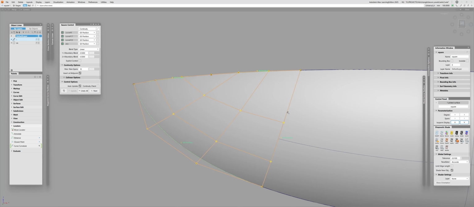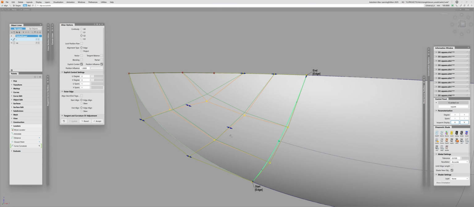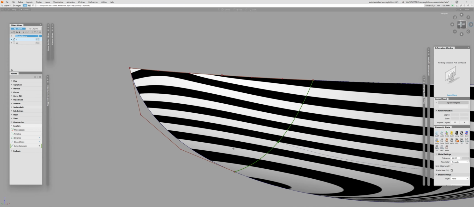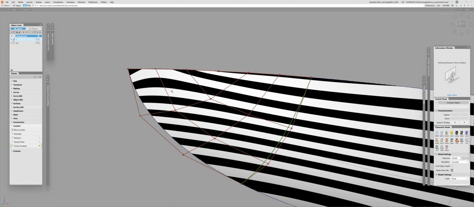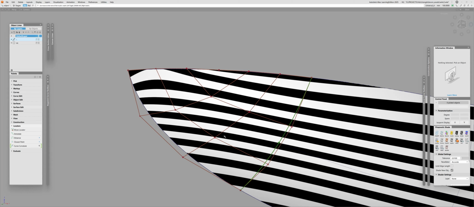I will create the square this way. Right, and now I will align as a curvature. Now, let me check this, and whoa, we have a curvature here, no problem, but now we have the problem here. The reason being is that now it's not really working properly because our flow of CVs is wrong. So it's supposed to flow in this direction like that, and we have the angle here. So now we have this pinching, and